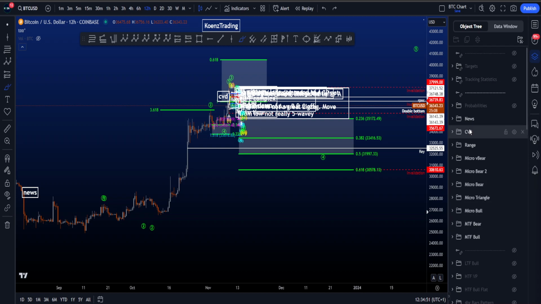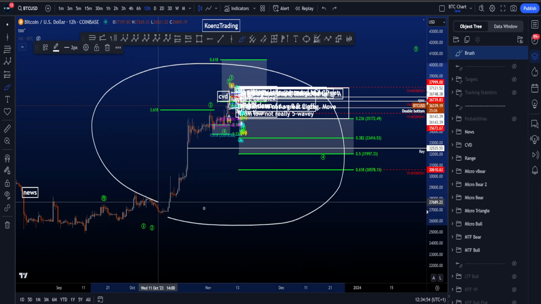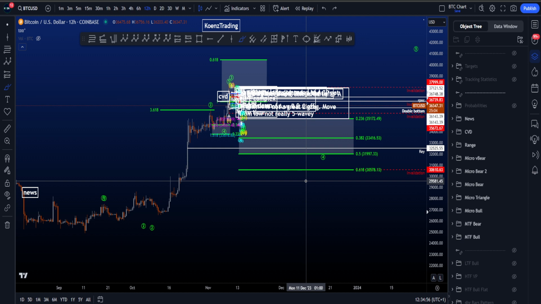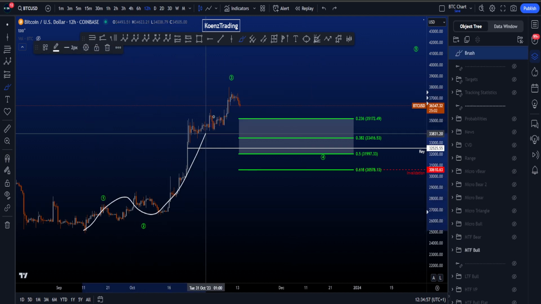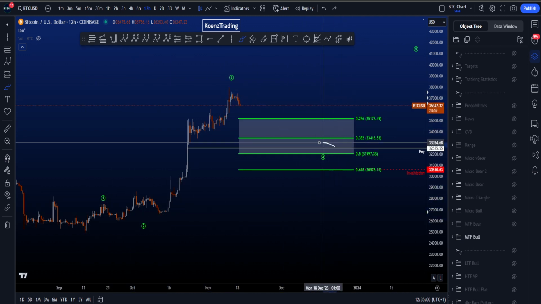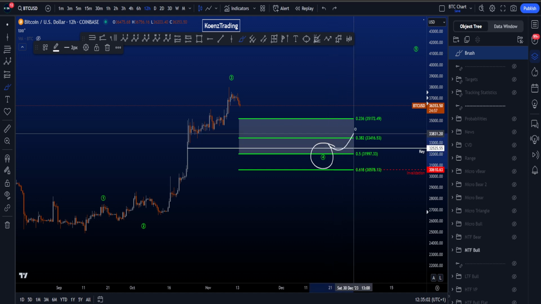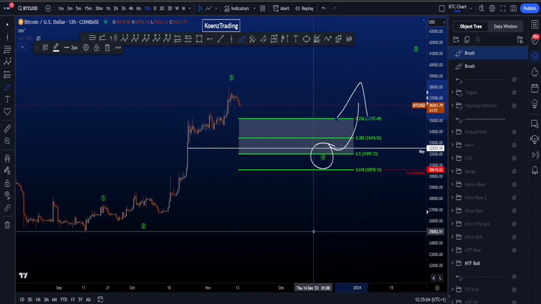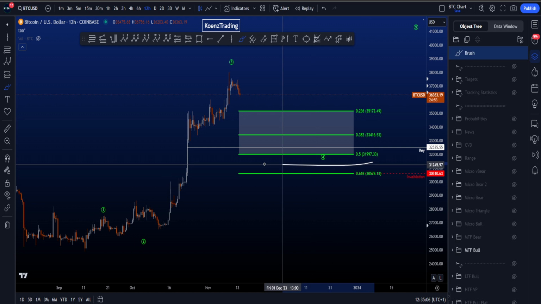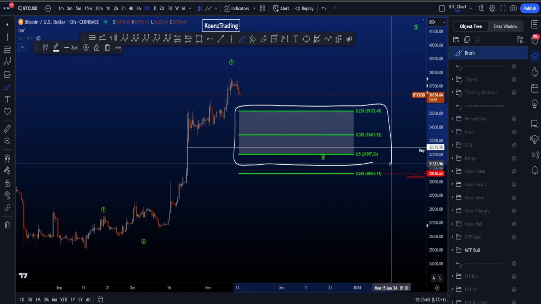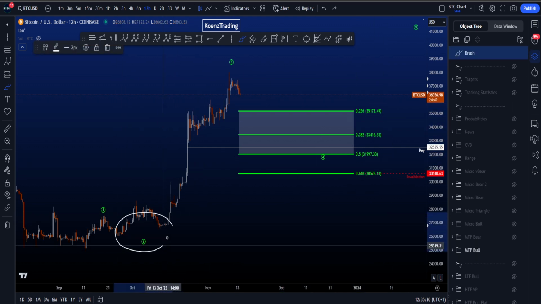Hi everyone, let's go over my bullish and bearish Elliott Wave scenarios on Bitcoin, starting with the medium time frame bullish scenario, where we're looking for an impulse to the upside, waiting for a wave 4 to form and finish before the continuation to the upside in a wave 5. Common target area for a wave 4 is between the 236 and the 0.5 Fibonacci, taken from the low of